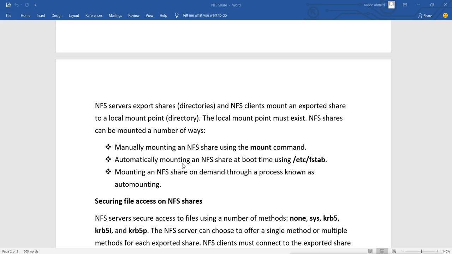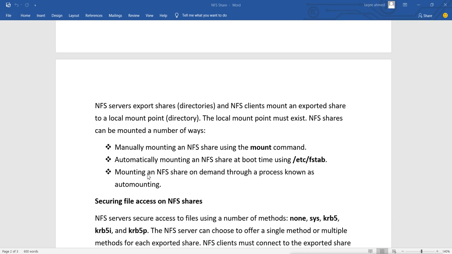If your server is not running, then your client will take time to boot. It will not fail, but it will take time to boot. It will try to connect to the server, and after some time it will fail, and then your machine will boot. So that happens if you have added the entry into the fstab file.